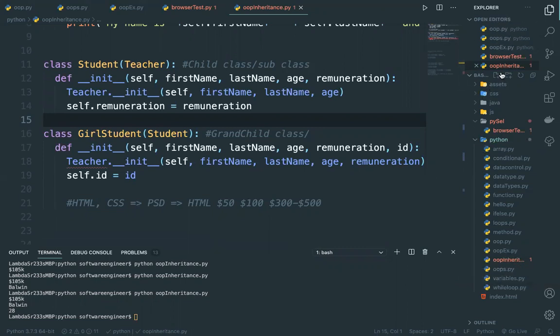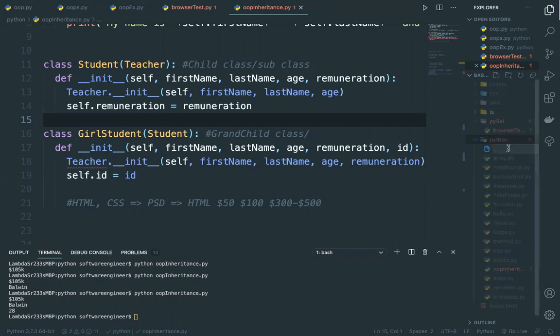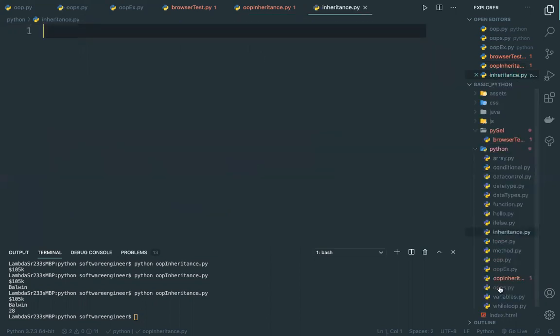Let me create a file, inheritance.py. Here is inheritance.py, OOP inheritance. Okay, now first we have to know